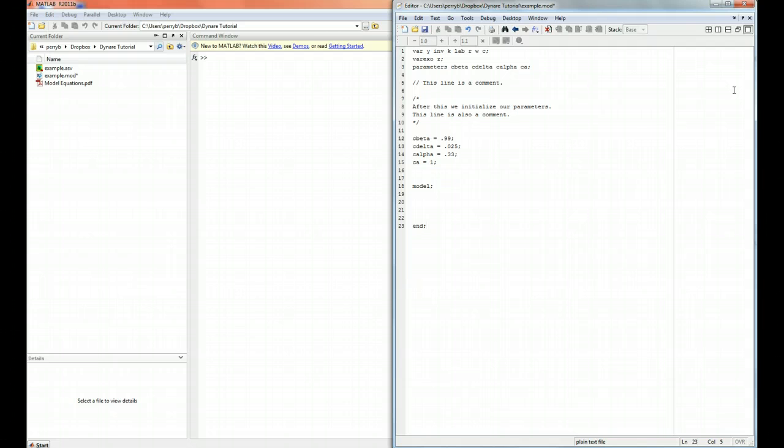One of the first things that Dynare will do will be to check that the number of equations we place between model and end is equal to the number of endogenous variables. So in this case, we should have 1, 2, 3, 4, 5, 6, 7